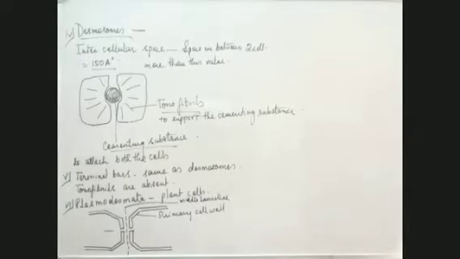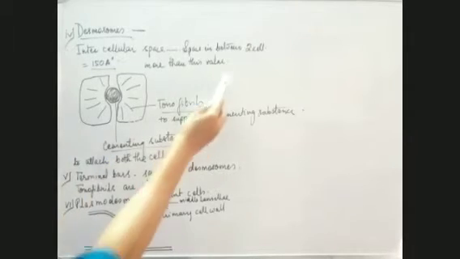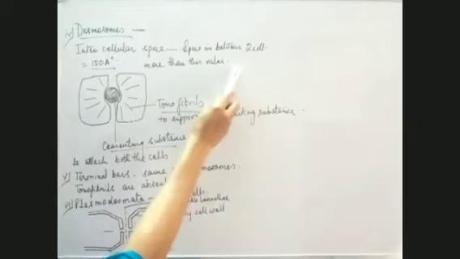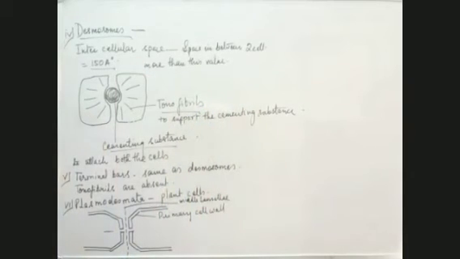Now here, this desmosome is the fourth type of junctional complex. Yesterday we started with junctional complexes. The intercellular space means the space between two cells. Two cells are there, and they are not completely in contact. There is always some intercellular space, and that intercellular space is 150 angstrom.